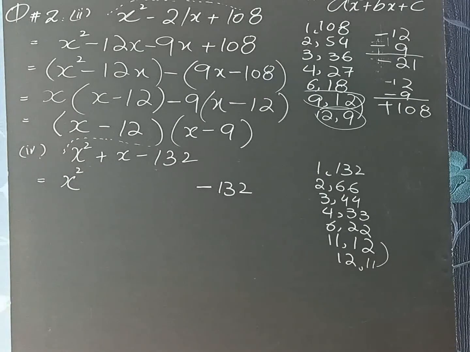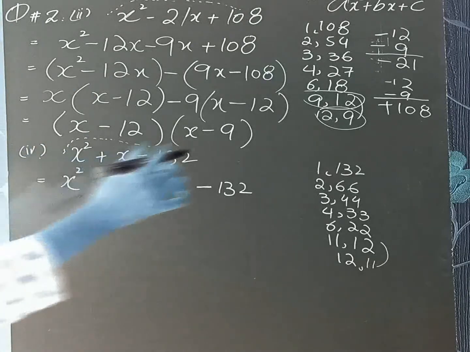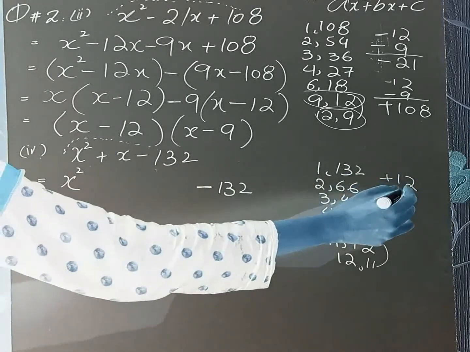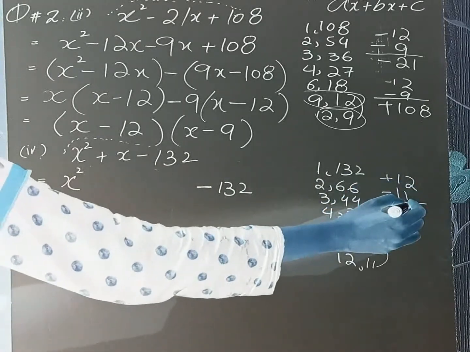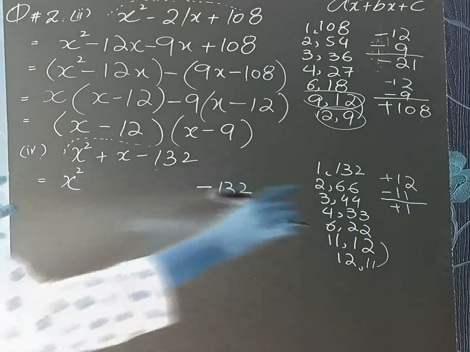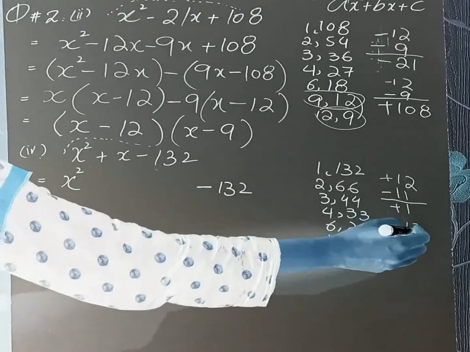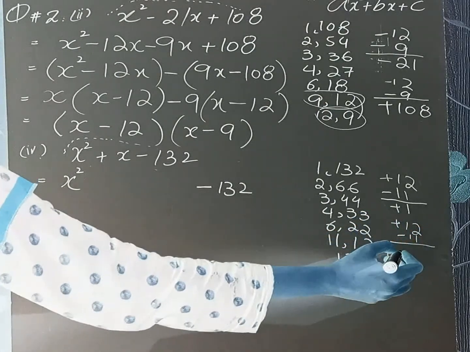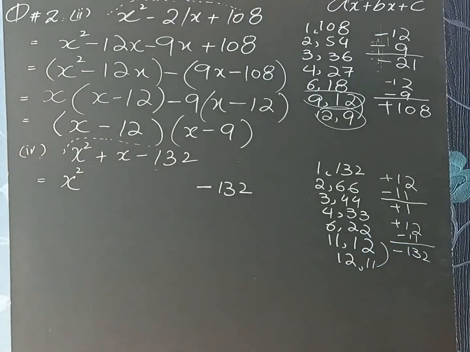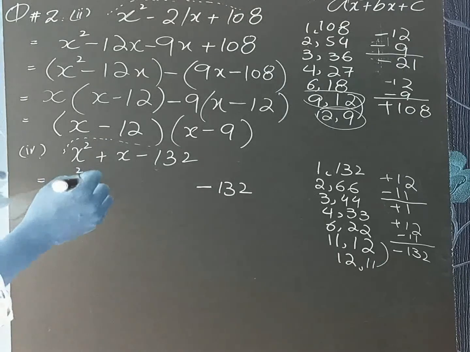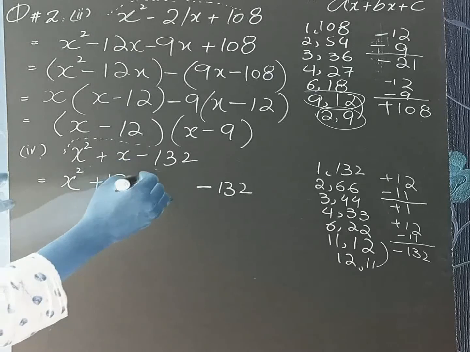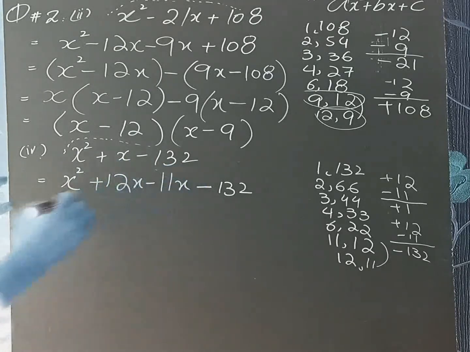But which sign we are going to use here? Here is plus. So with the greater value we write plus 12 minus 11. Plus minus minus, and this is 1. Sign is of the greater value, plus 1. Yes, we need here plus 1. And when we multiply plus 12 and minus 11, plus minus minus, 11 12 times 132, minus 132. Okay guys, here I am going to write plus 12, the variable is x, minus 11x.